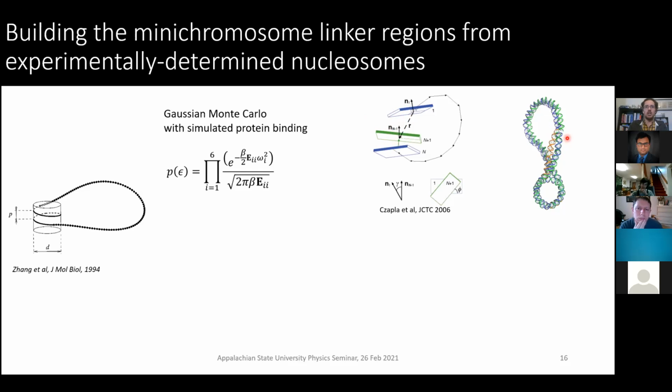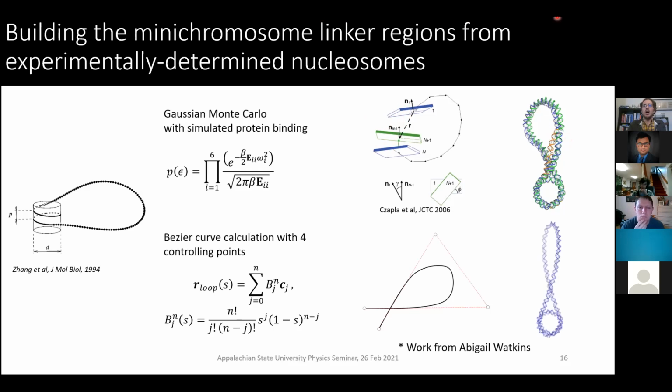So we can use Gaussian Monte Carlo constructs, but we can also look at, I think somebody just had something in the chat room. We can also look at ways in which we can construct the mini chromosomal circles using a Bezier curve. And I'm really excited to share this with you because we had a student from University of North Carolina, Chapel Hill, named Abigail Watson, an undergraduate mathematics student who worked with us this past summer and specifically designed these mini chromosomal loops with this Bezier curve, which states that if we know the entry and exit points of our nucleosome, and we know the orientation of those DNAs, we can create any type of loop that we want.